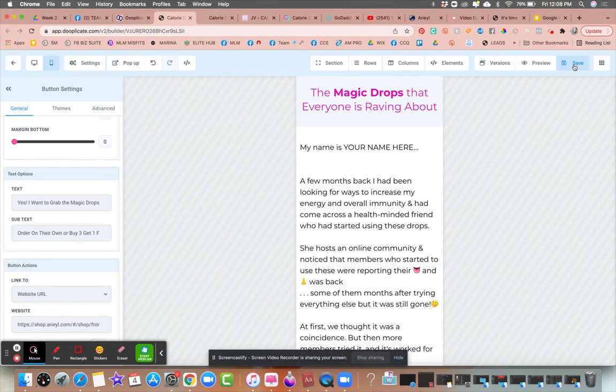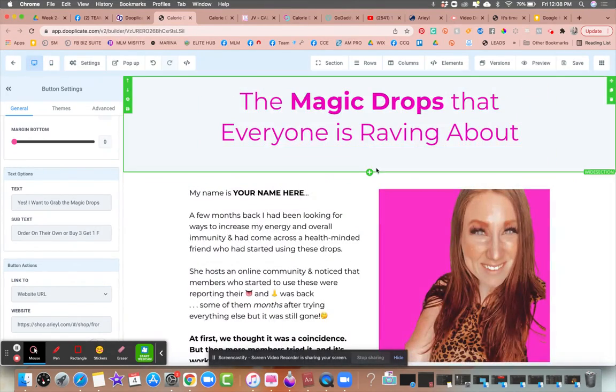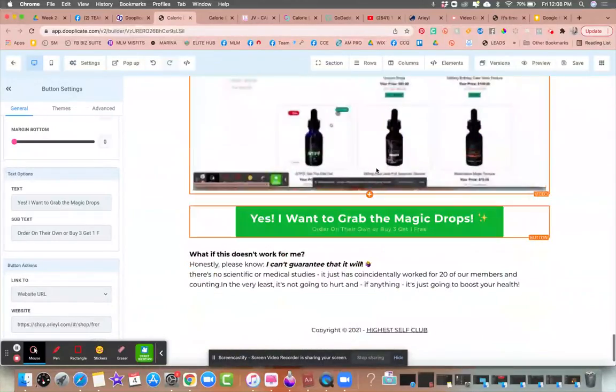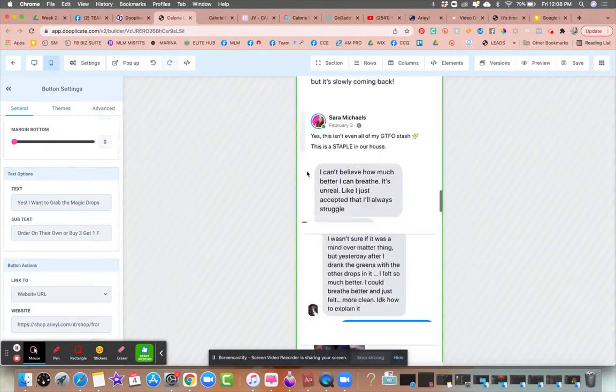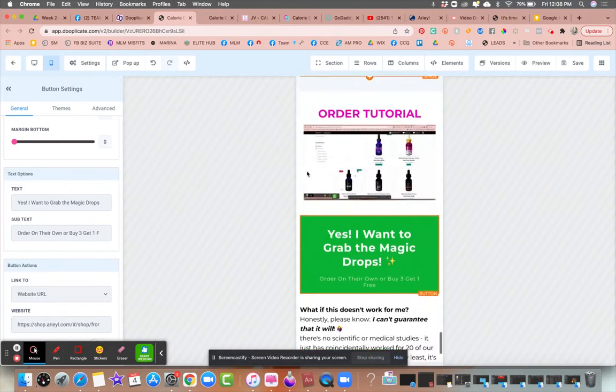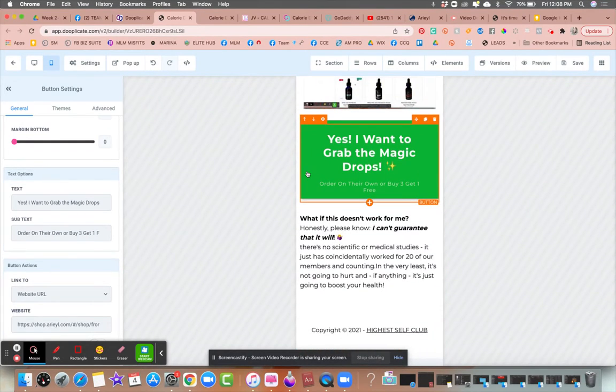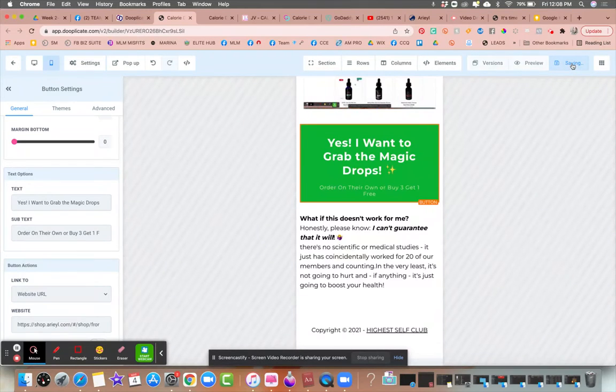So if you start getting 30 to 60 to 120 messages, instead of having to send a personal message to every single one of these people, you can send them to this page, and this page is going to walk them through the purchase process. And then you're just going to be sitting back and getting emails all day from people who are ordering your product. It's beautiful. Okay. So that's all you have to do.